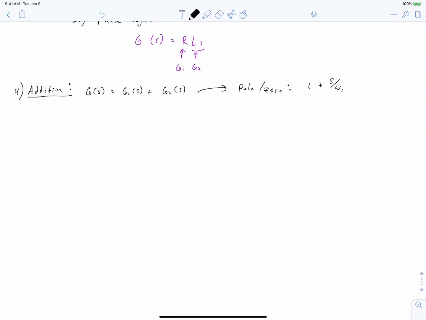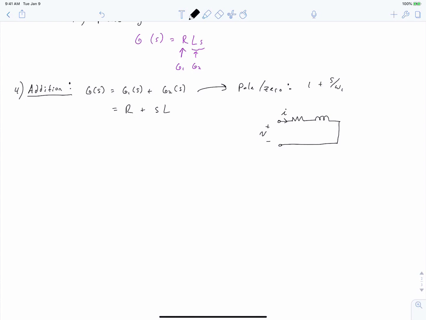And you can see that this is the sum of the transfer function 1 plus the transfer function s by omega 1. So this is an important case for us to consider. It's going to become fundamental for us plotting Bode plots, ultimately, is that we'll be looking at things in terms of poles and zeros. So, for example, we could consider this to be the summation of our resistor plus our inductance. So you can imagine that you can easily have this circuit